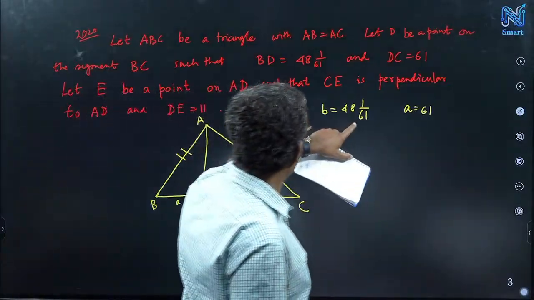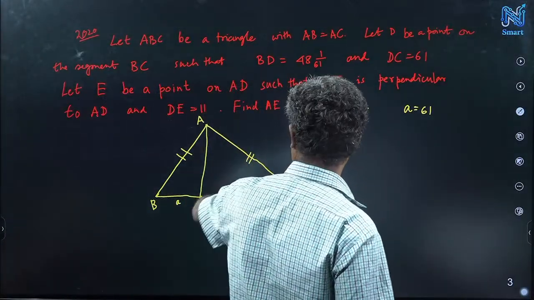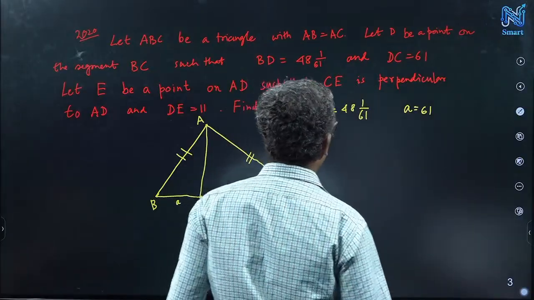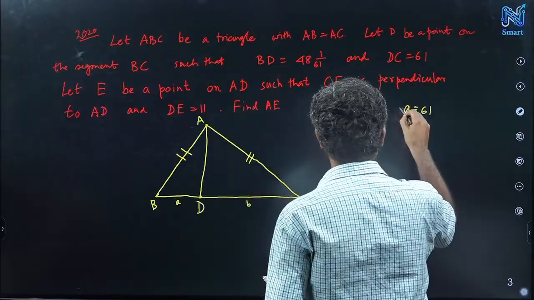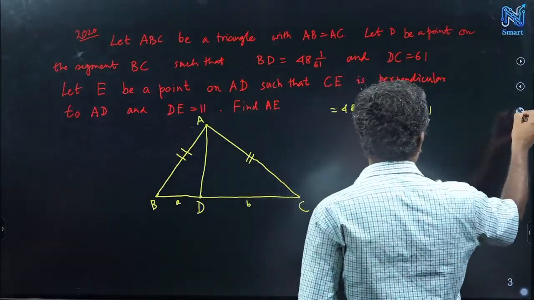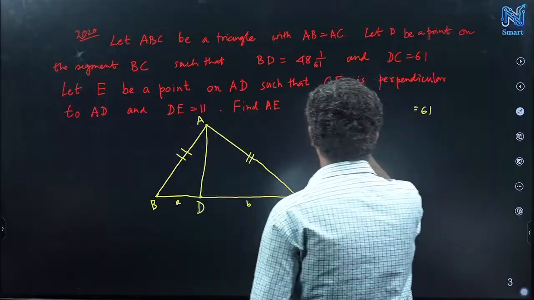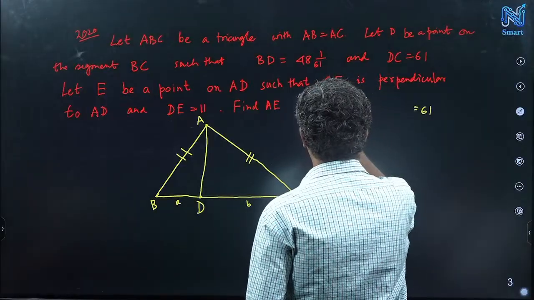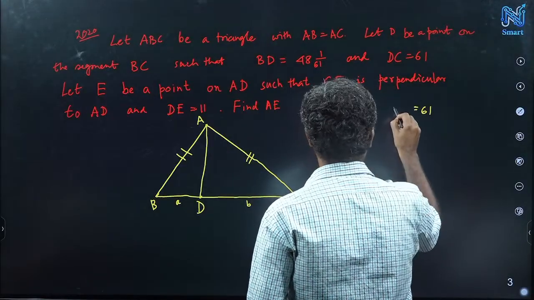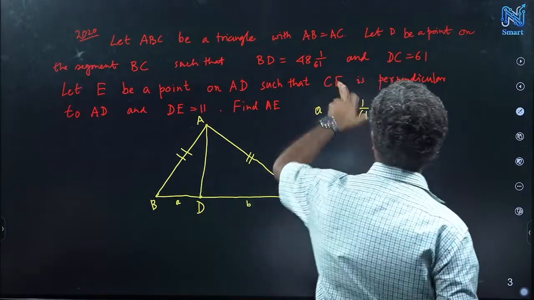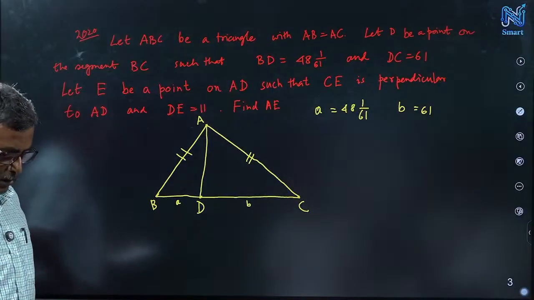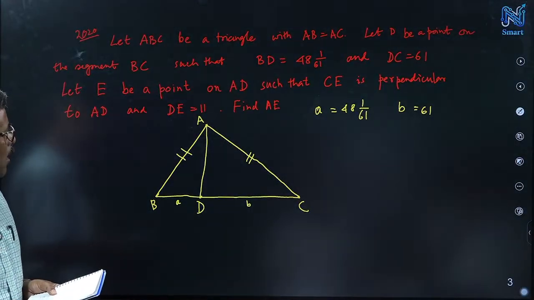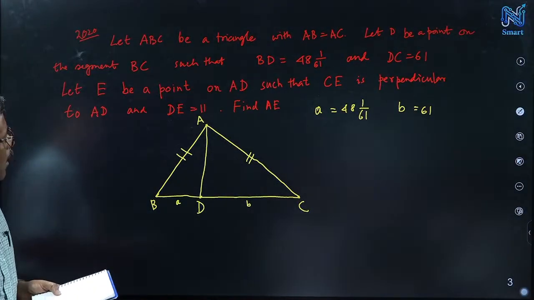DC is given, no, it's the other way, right? We write A. This is A, this is B, right? That BD is A, right? Okay. Now what